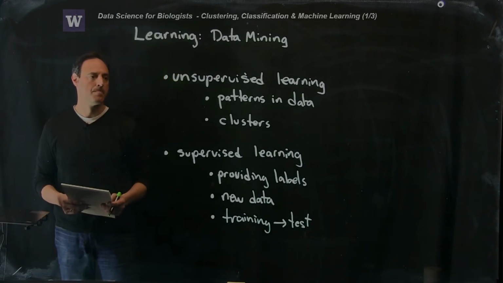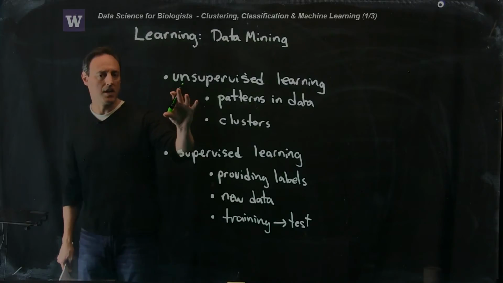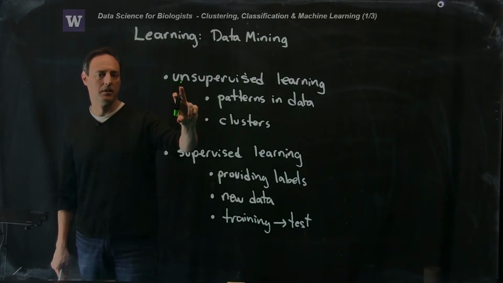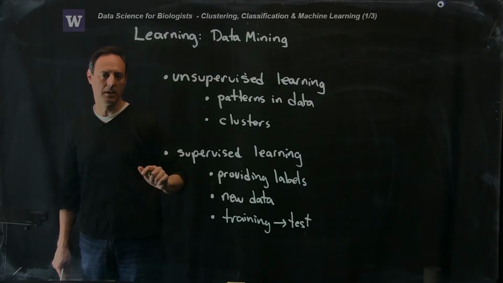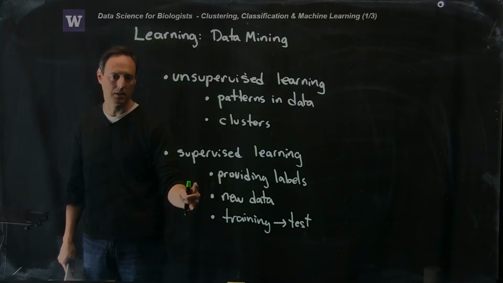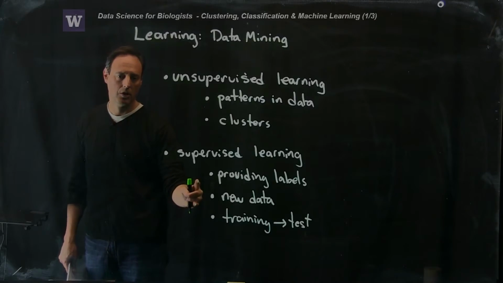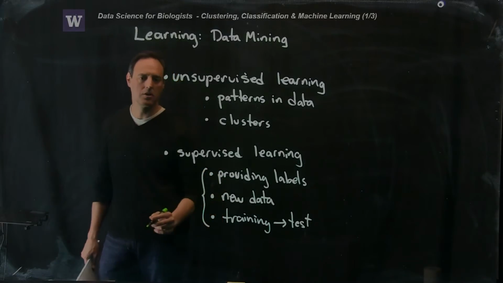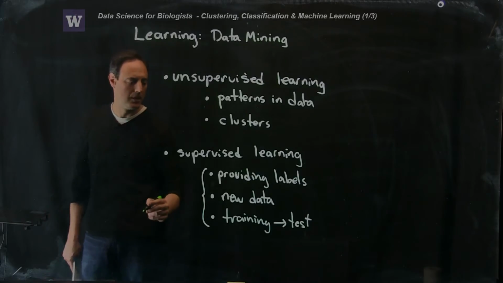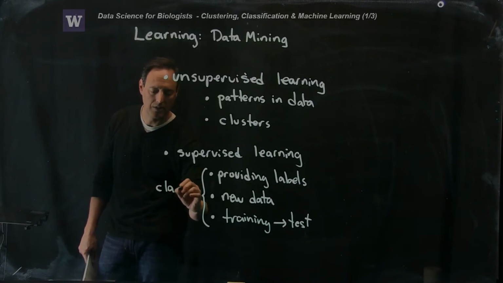Okay? So one idea then is clustering is happening here in the unsupervised learning. You're looking for clusters. You're looking for patterns in the data. In contrast, here in the supervised learning, you're not necessarily looking for clusters. You've already told it by providing the labels what the clusters are. So what you're kind of trying to do in this case is actually do classification